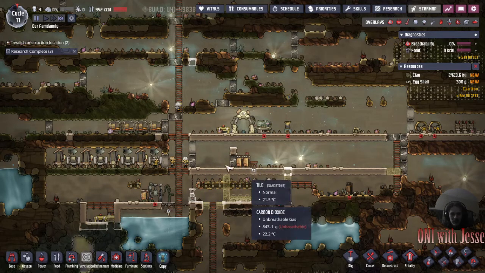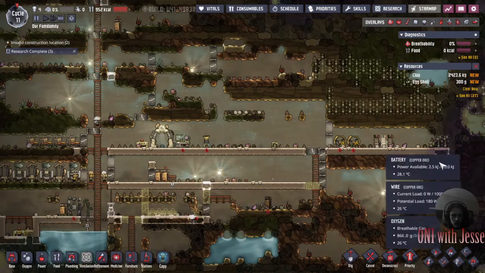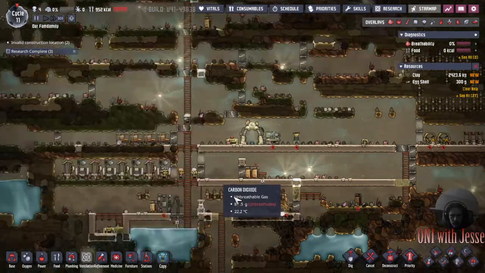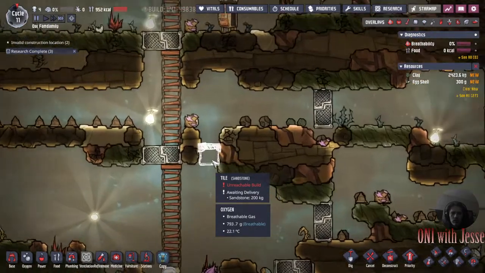Today we're going to be finishing up our hatch ranch, get that going, as well as developing our power spine for the new future. Now before we dive into it, at the end of our last episode, one of our